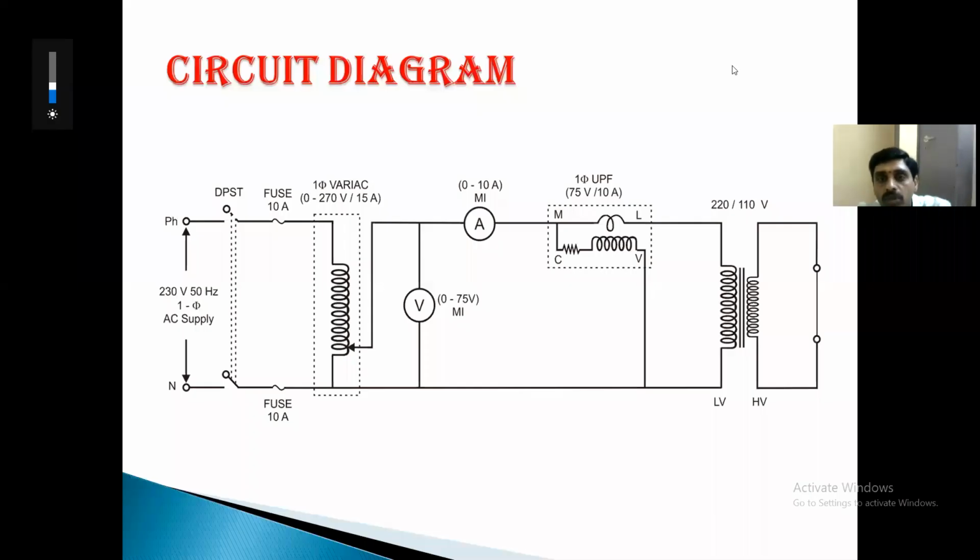So to supply the rated current, the 220 side has less current, so the ammeter requirement will be less. Here the voltage is just some percentage of the rated voltage. A very small voltage can be applied to supply the rated current. That's why we conduct the test on the high voltage side. The wattmeter is selected based upon the voltmeter and ammeter ratings, and the low voltage side is short circuited. This is the reason why we conduct the test on the high voltage side.